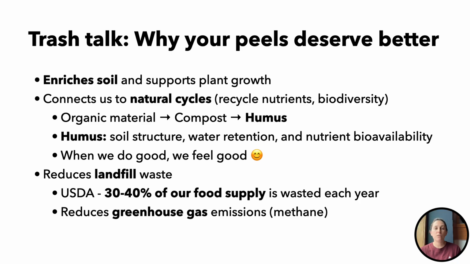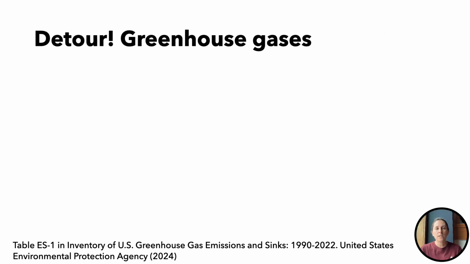Which leads us to reducing landfill waste. That is one of the major perks of composting. According to the USDA, approximately 30 to 40% of our entire food supply is wasted each year, and part of that has to do with restaurants and retail. So the laws that we have in place about the sale of food as it expires, right? And then we also have the residential side of things as well. And so ultimately, we have a very large proportion of our food supply that is just going straight to the landfill. And related to that is the reduction of greenhouse gas emissions, specifically methane, which leads us to our first detour,